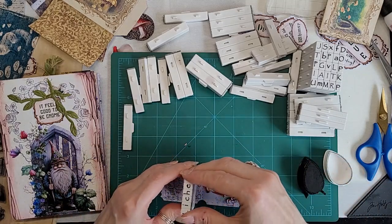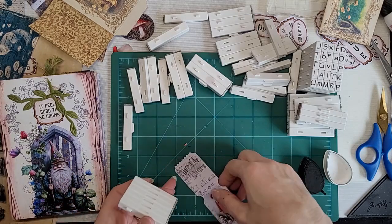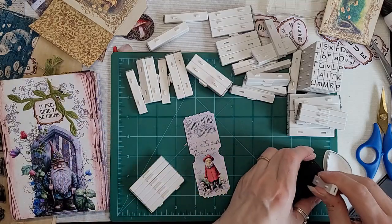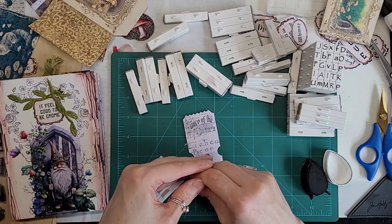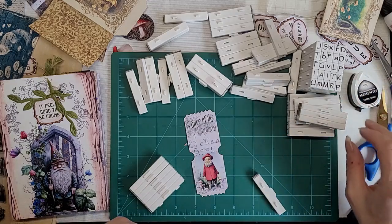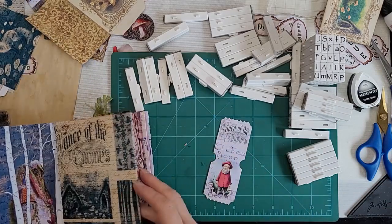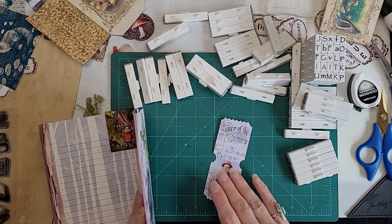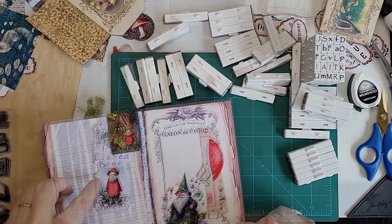I could have got out my letter set and done this because they're smaller letters, but I wanted to use these because it just gives it a more, there we are with my sound effects again. And it's 1. So that's a couple of tokens for lichen beer. Right. And we're going to put them in, there we go. I'm going to put them under this. So that's the tokens for the lichen beer,